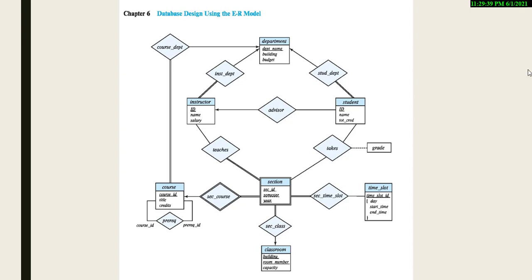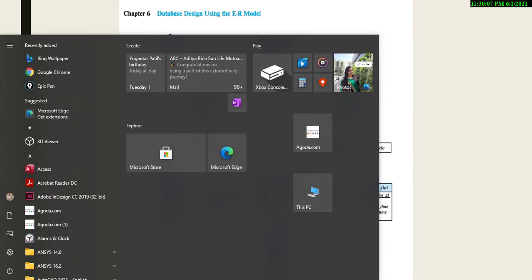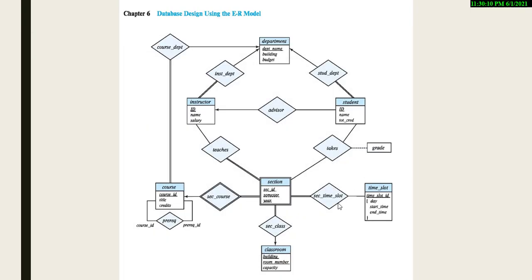We have already seen in the third and fourth practicals how to convert this, but more than that, how to enable the constraints and all those details will be seen in this practical. So I will be coming back to this ER model one time or the other. So let us start the discussion on how to convert this ER model and how to do the execution of practical number 5.